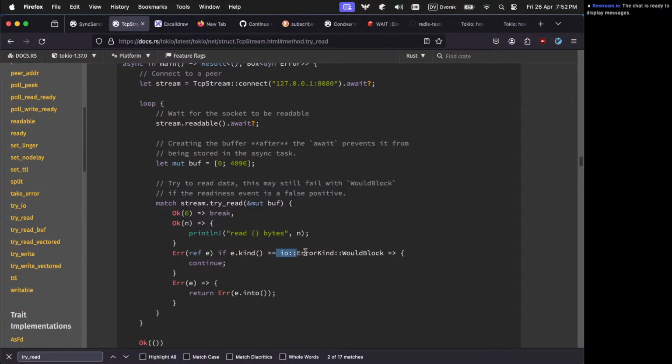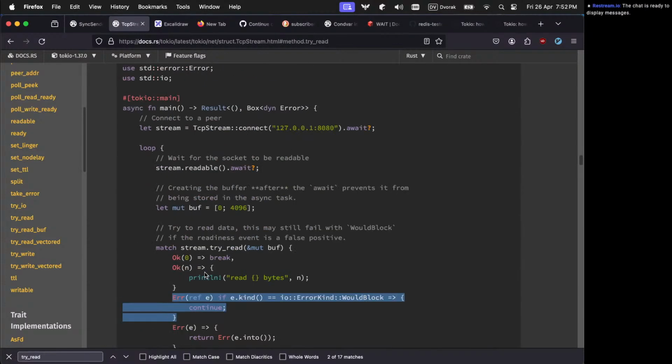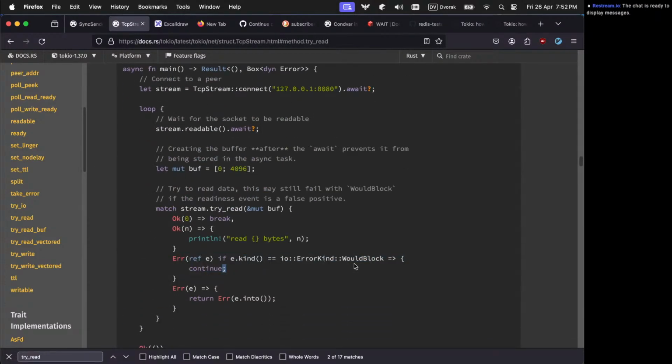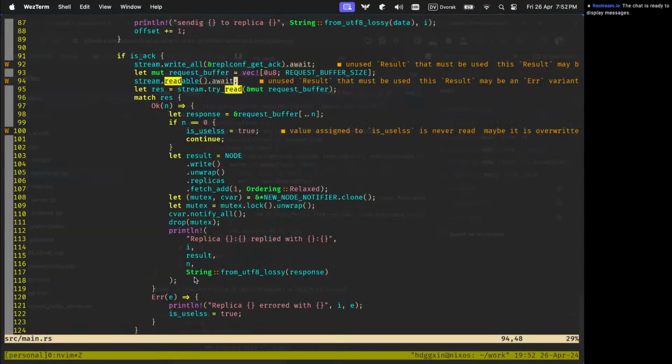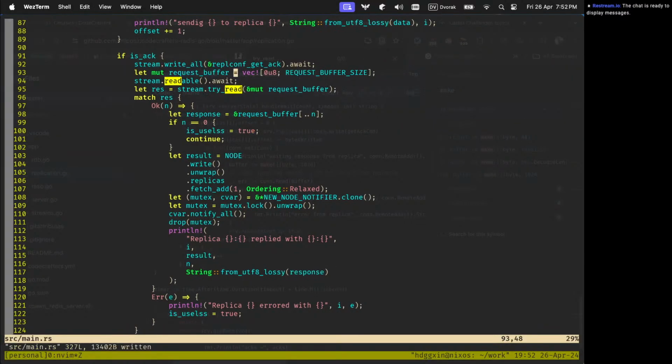I should continue. So if it is would block, then I should try to read again. Okay, great. Weird logic. Okay.